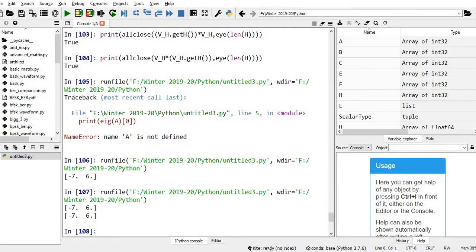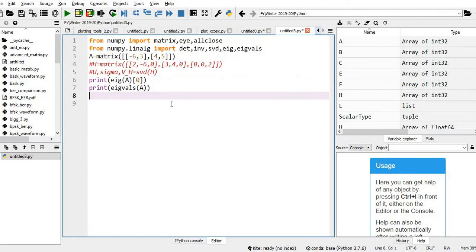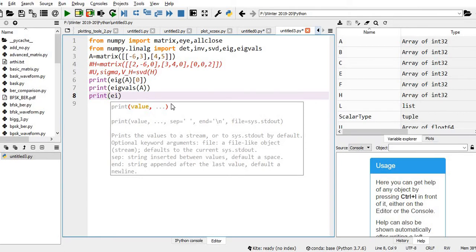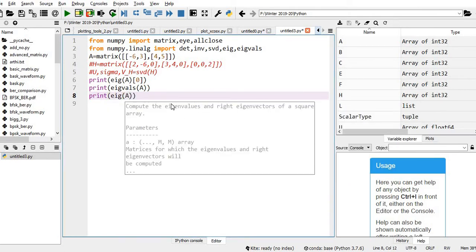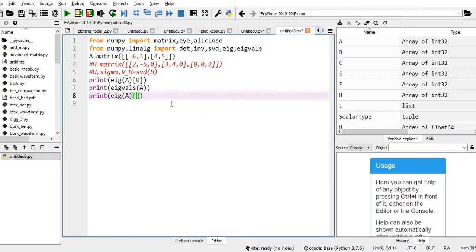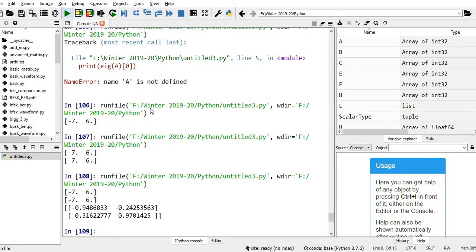Now let me try eigenvectors. So EIG of A, in that first index, is the eigenvectors. Let me execute. If you see, the first column corresponds to the eigenvalue -7 and the second column corresponds to the eigenvalue 6.